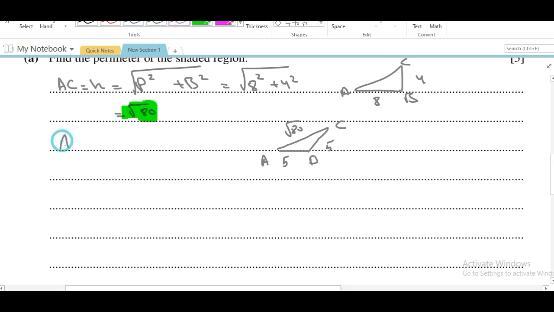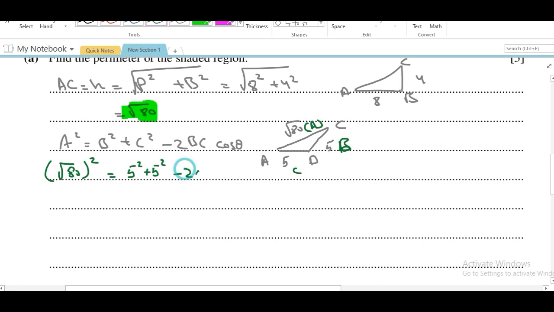A squared equals B squared plus C squared minus 2BC cos theta. A is this length, B is this length, and C is this length. So square root of 80 squared equals 5 squared plus 5 squared minus 2 times 5 times 5